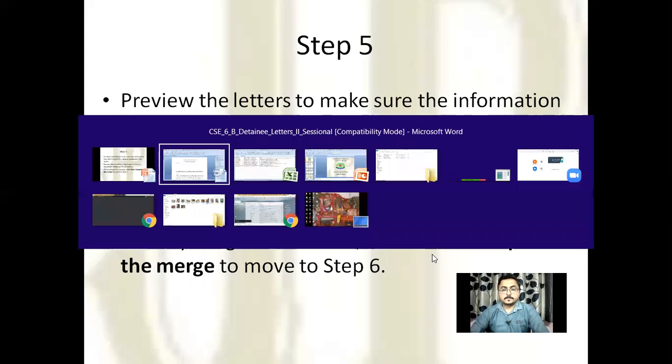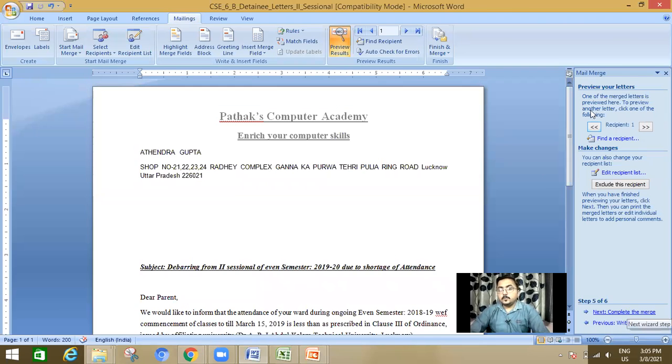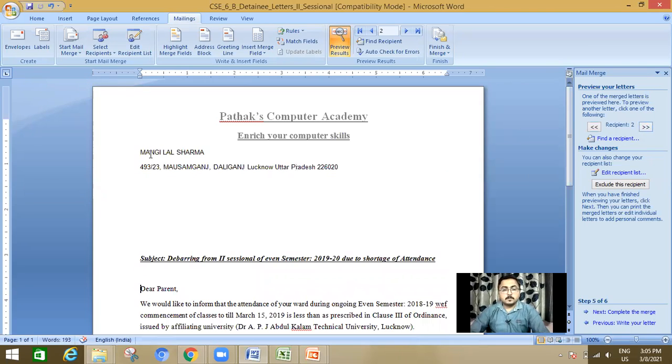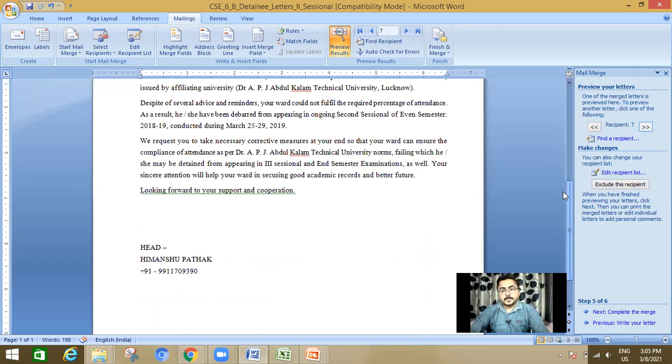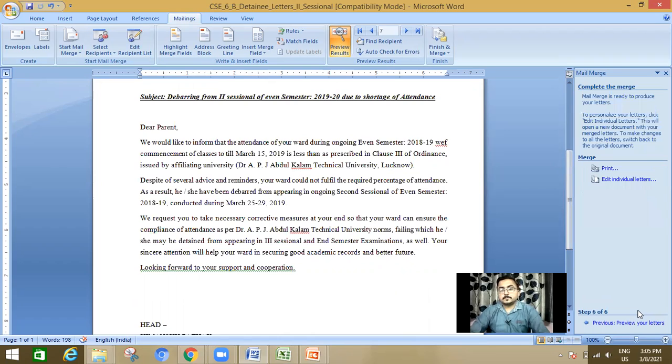So here, click on Preview your letters. Here you can see that recipient 1, Atendra Gupta, and the address appear. Move to the next recipient 2, Mangilal Sharma, then recipients 3, 4, 5, 6, 7. All the contacts appear and the content of the letter is the same. Okay? And at last, click Complete the merge.